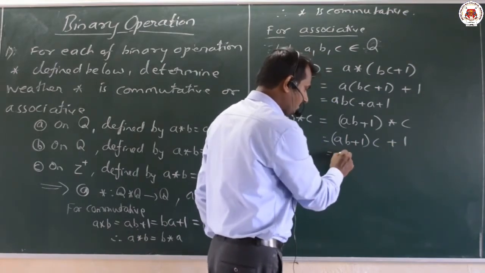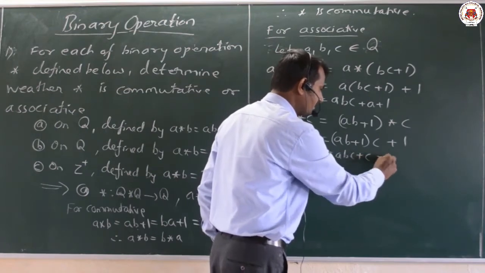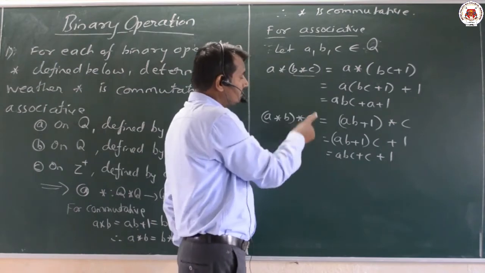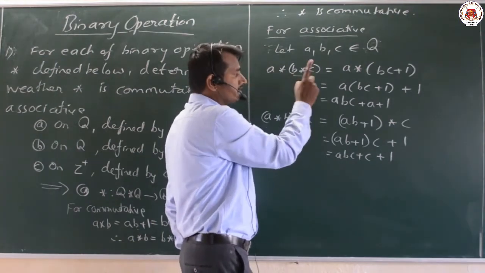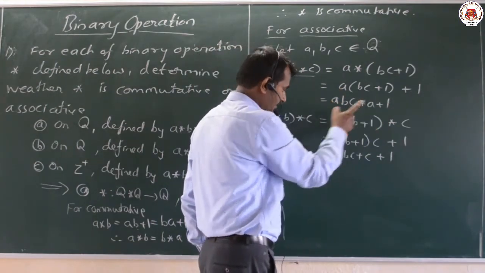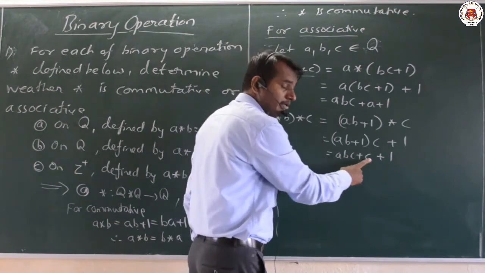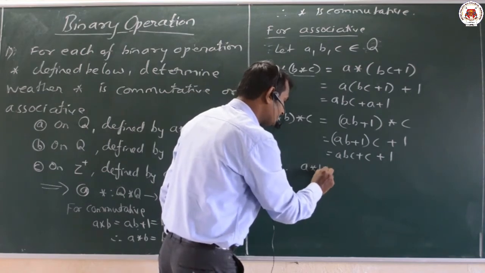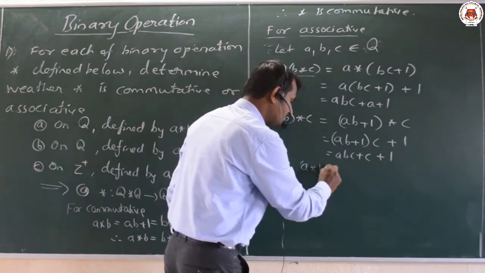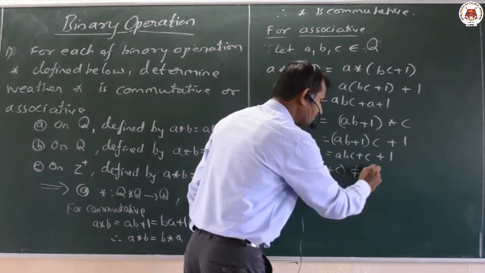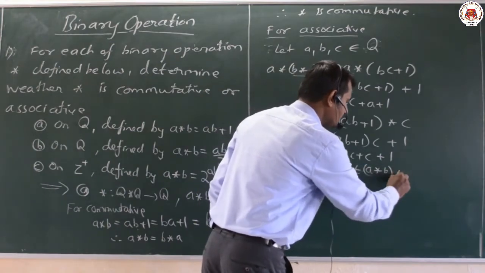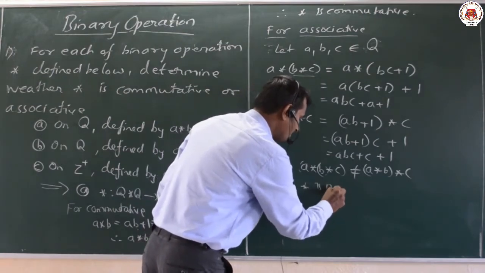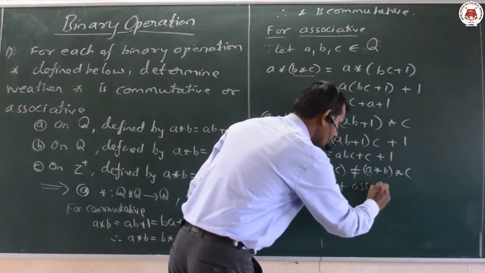I will multiply it, so what do we get? ABC plus C plus 1. Now here we can observe that these two values are not the same. That is, A star B star C gives ABC plus A plus 1, and here we get ABC plus C plus 1. Therefore what we can conclude here is that (A star B) star C is not equal to A star (B star C). Therefore we can say star is not associative